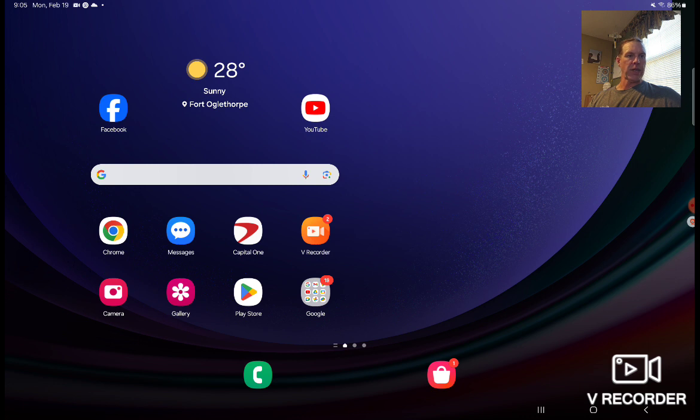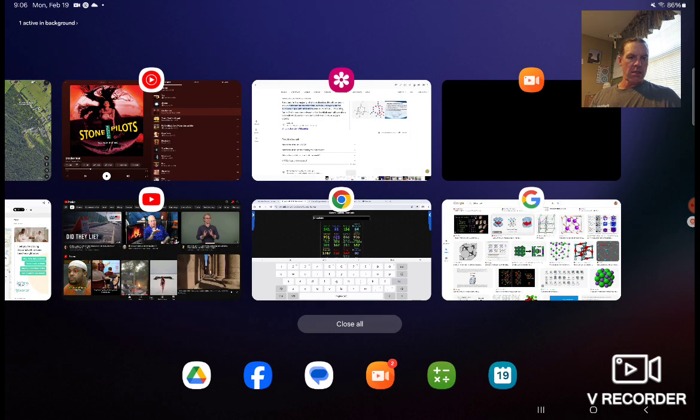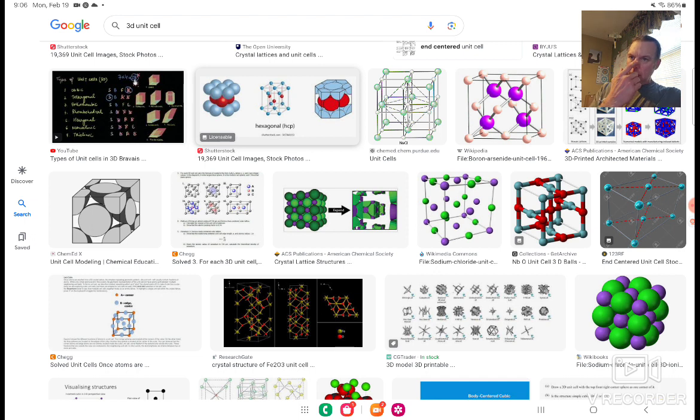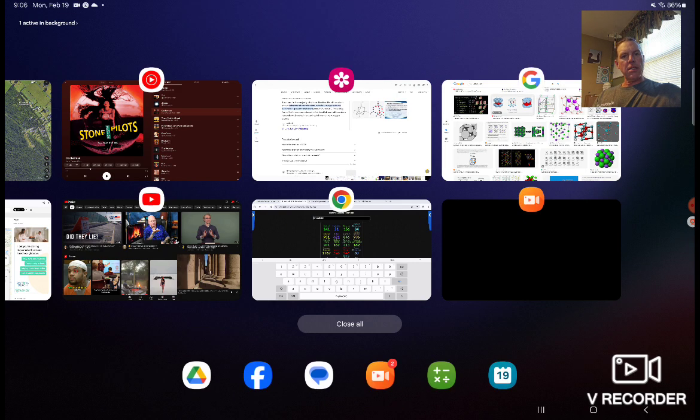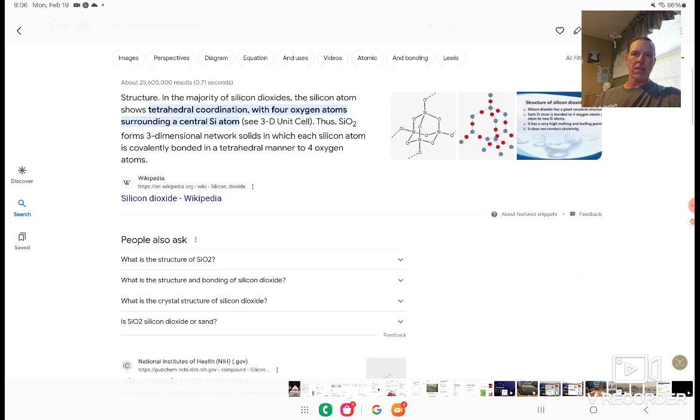It's recording. So what we're going to do is we're going to look at something. A 3D unit cell. The reason I'm looking at this is because we're looking at the structure